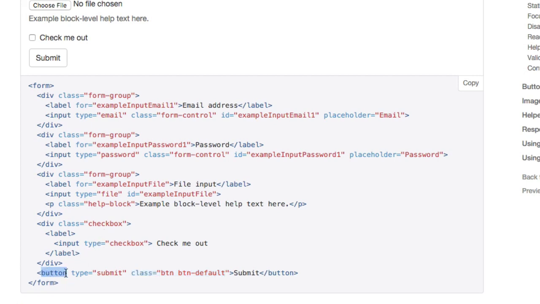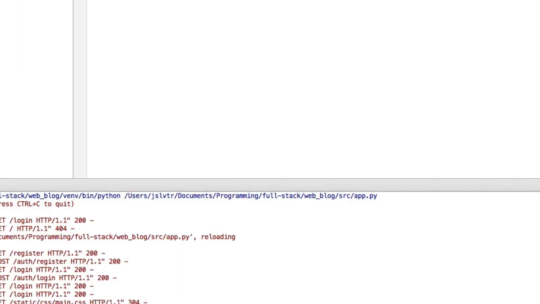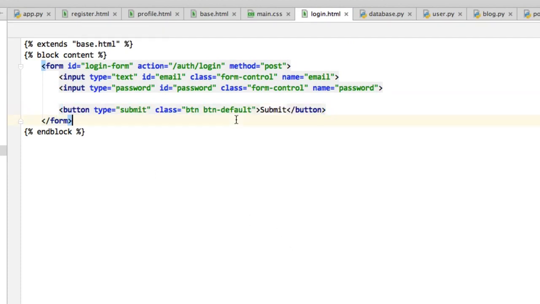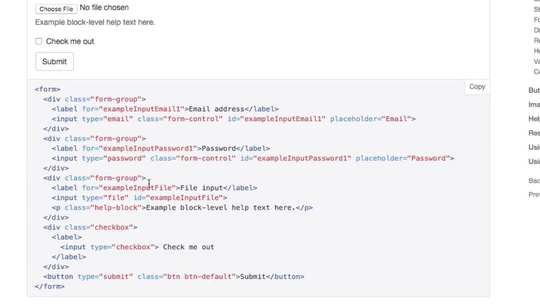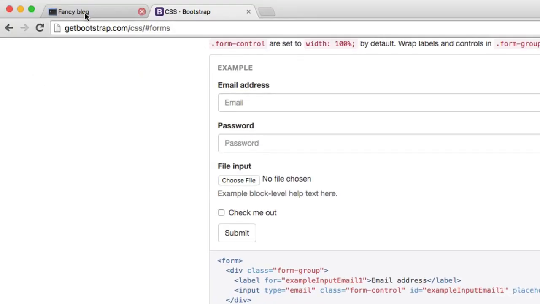It doesn't have to be an input of type submit. It has to be a button of type submit with these classes here. So I'm just going to copy this code and then go here and change that. Now if we go back to our site, notice how that now looks a bit different. Okay, so why do theirs look like that and ours looks terrible? That's because they've got these form groups. And a form group essentially is a label and an input type. So the label gives some description as to what the input should contain,